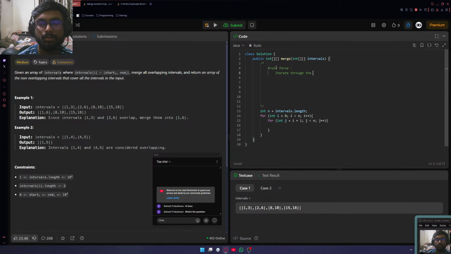Okay. Iterate through the array. Take the first element as